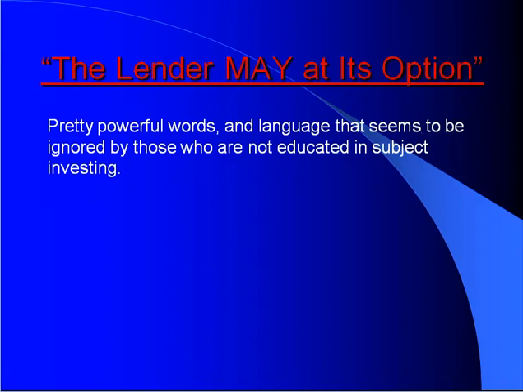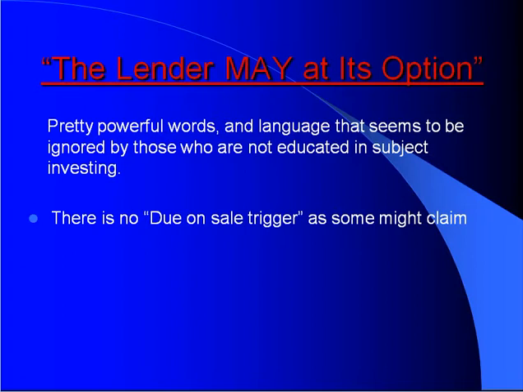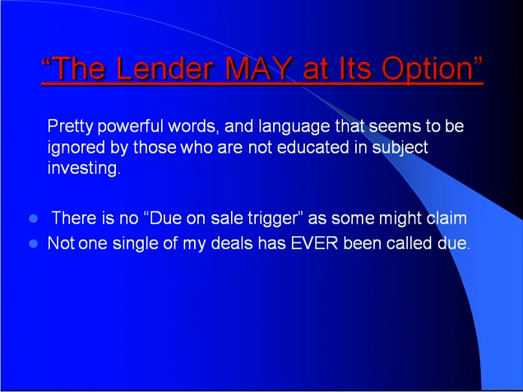I should never try it because every single time title is transferred without the lender's consent, they call the loan due. He was wrong. Glad he paid a lot for law school. There's no such thing as a due on sale trigger. When this attorney explained it to me, he said, the minute you transfer insurance or change the insurance or anything, the lender's going to find out and they're going to trigger the due on sale clause.